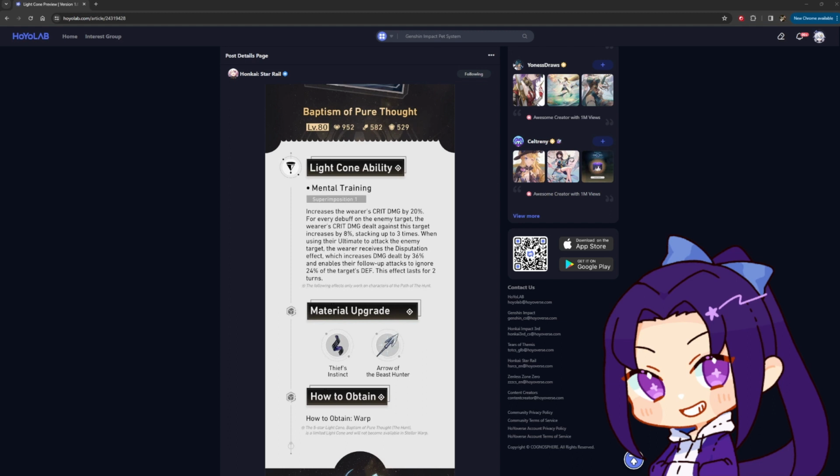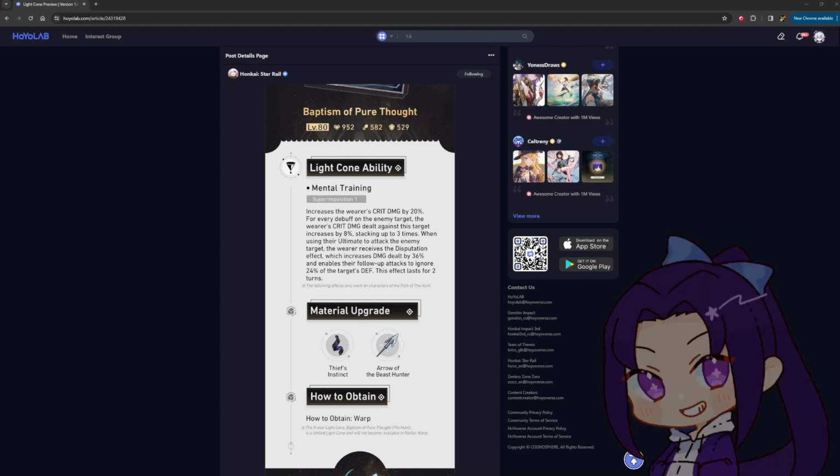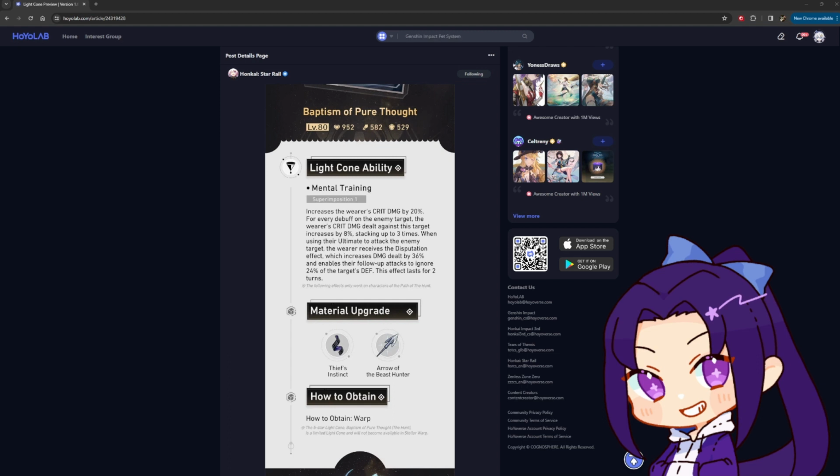Now, this is going to be a very excellent light cone, especially for Dr. Ratio. It would be kind of weird if his light cone wasn't going to be good for him, but for any general Hunt unit, it is going to be really good. You get the 20% crit damage, no conditionals, and depending on your composition, you get additional crit damage on top of that for every debuff, up to 24%, totaling 44% crit damage that you can receive from this light cone. Now, the second part of the text is where it gets a little bit more niche